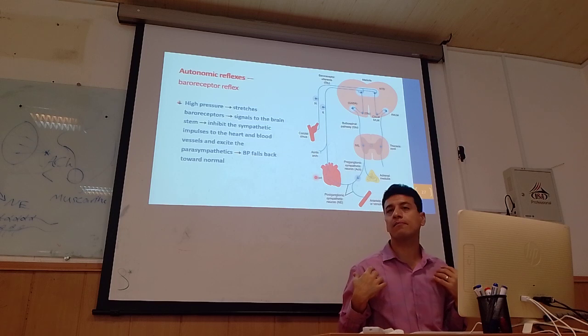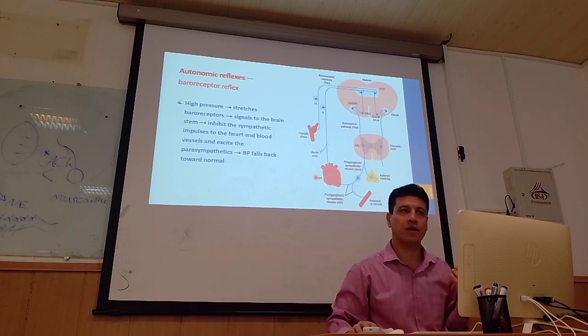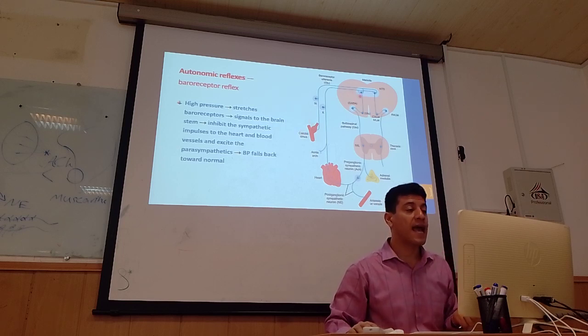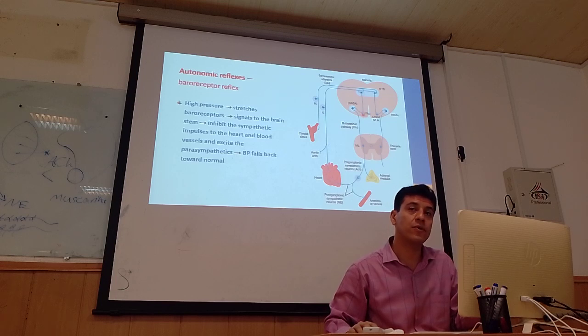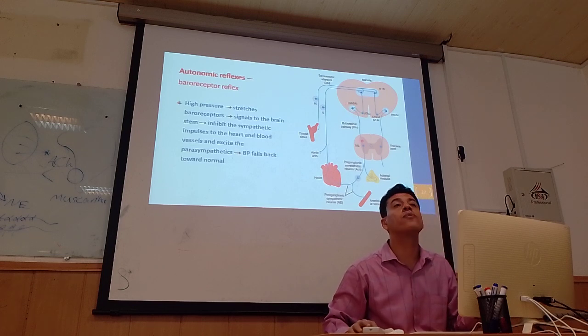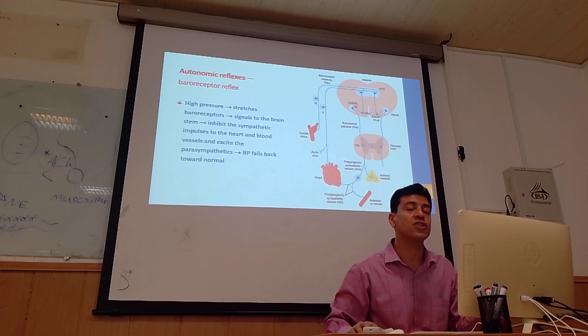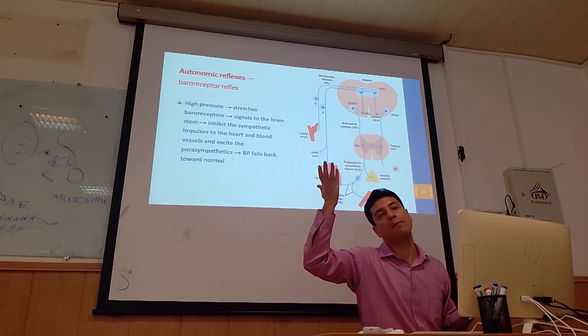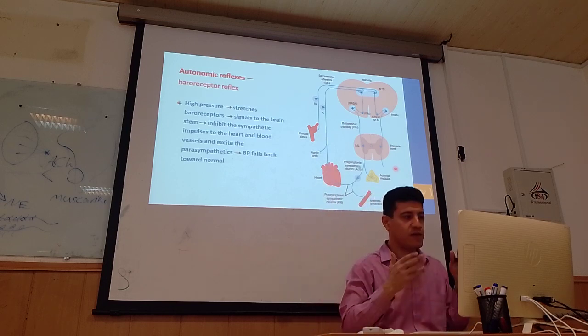When there is a decrease in the blood pressure, then baroreceptors are not activated. They won't activate NTS neurons. NTS won't activate CVLM neurons, the caudal ventrolateral neurons. So this inhibitory neuron will not be active. So this neuron is released from the inhibitory action of the GABA. So it can activate the sympathetic nervous system. Sympathetic nervous system activates heart and blood vessels. Blood pressure goes up. Right? So this is the action of the